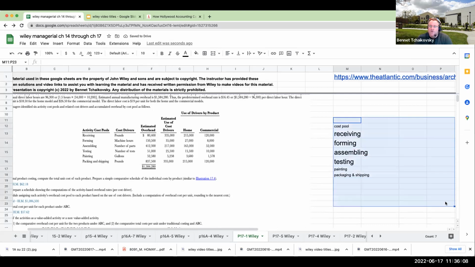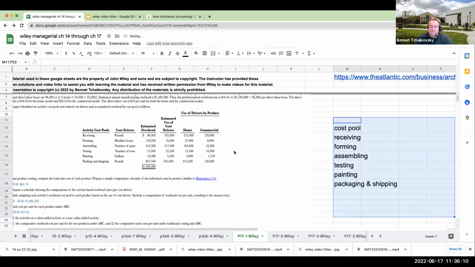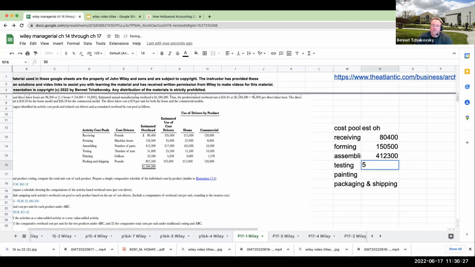Okay, so right over here, these are my cost pools. My estimated overhead is going to be 80,400, 150,500, 412,300, 51,000, 52,580, 837,500, for a total of over here